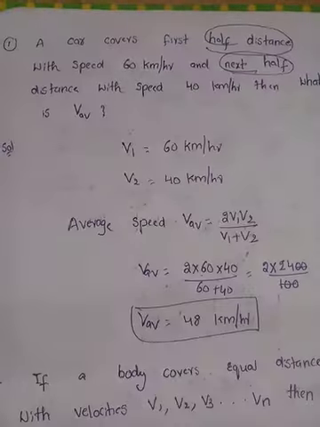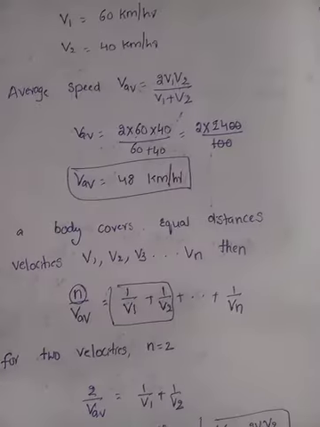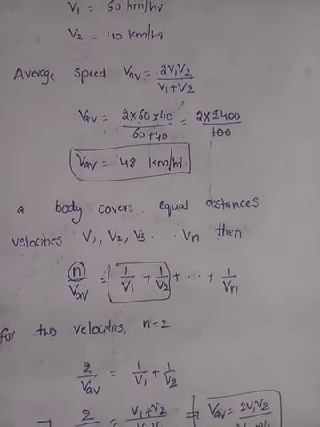So in the last class we discussed one of the shortcut formulas to find the average velocity when an object moves covering equal distances. At that time, what formula did we get? N by V average equals 1 by V1 plus 1 by V2 and so on, plus 1 by Vn. Now